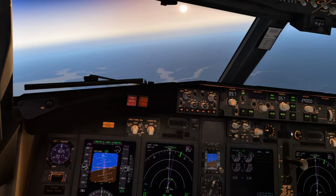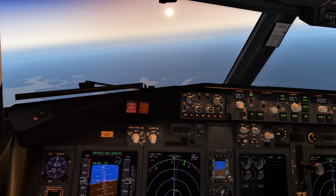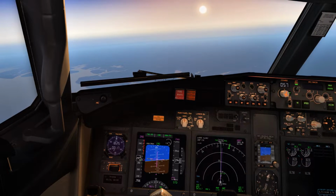As you can see now, we're just coming around here to London now, so start to lower the MCP altitude back to 2000, which is where we're going to intercept for the ILS into runway 08. We'll come through from 3000 and then come round. We've just passed Idisi, so